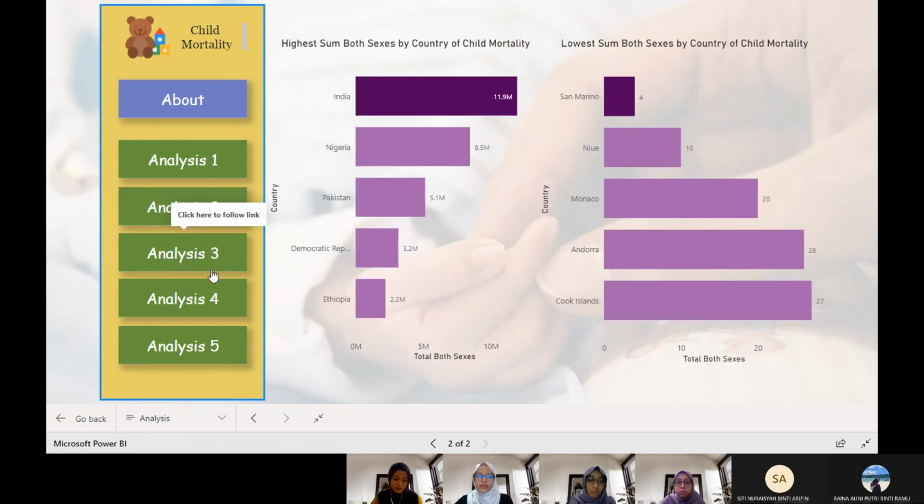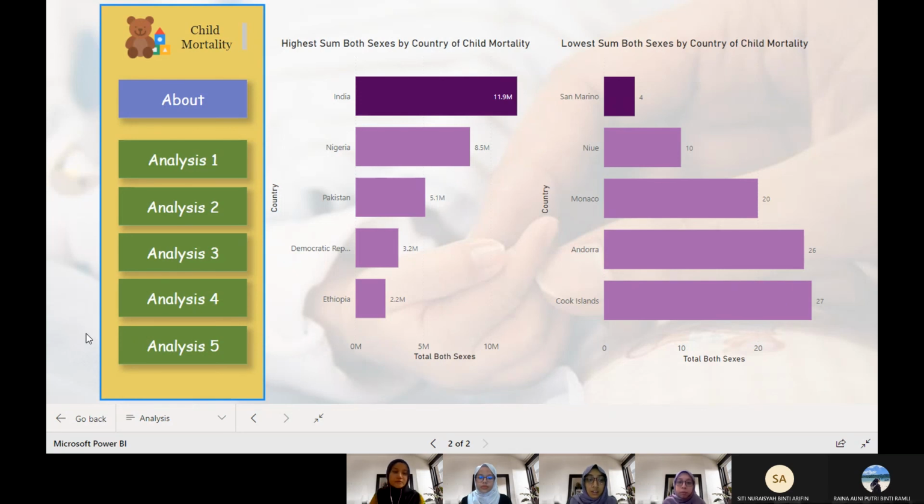Okay, so for analysis number 3, the basic visualization design used is a clustered bar chart. It shows the highest and lowest sum of all categories by country of child mortality. In this data, the top 5 countries of highest and lowest were highlighted in both charts. The attributes include countries and sum of category, which is the summation of the categories: number of infant deaths, neonatal deaths, and